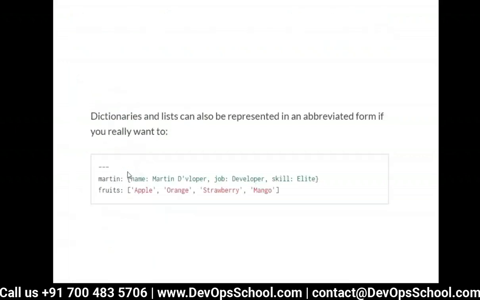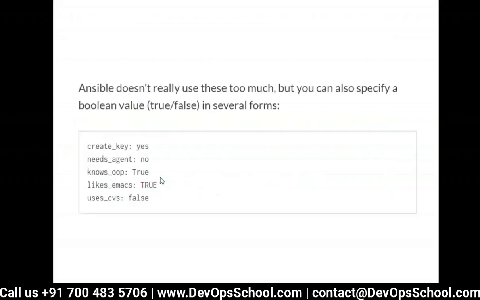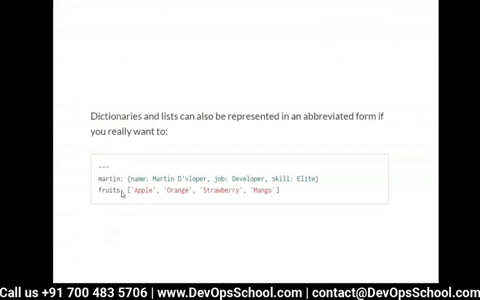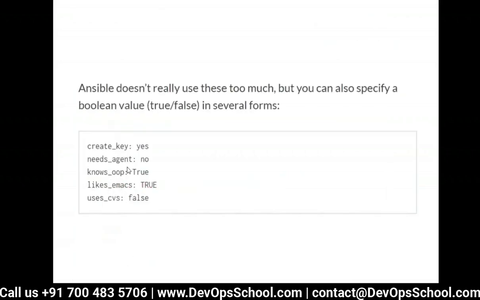Okay. Now look at this. I'll skip this part, it is not important. Here you see that the whole document can also be a dictionary. Earlier the whole document was a list, but this time the whole document can also be a dictionary. You see here, create a key with a value, key value, key value, key value. So here you have elements in a dictionary format.